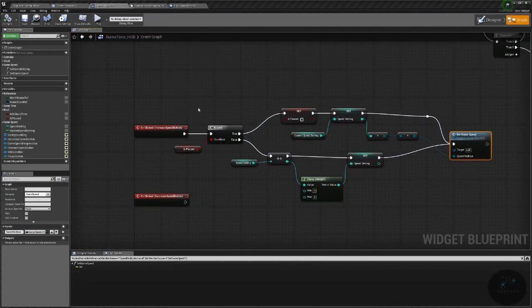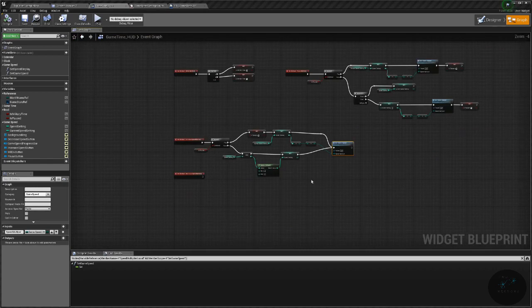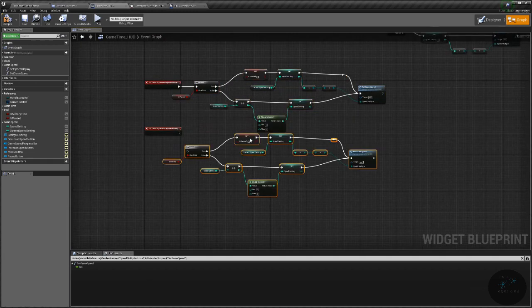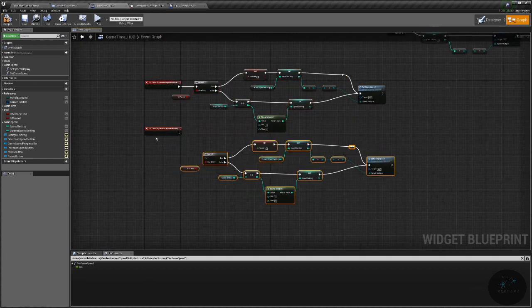So for our decrease, what we're going to do is we're literally going to copy everything here. We're going to paste it down here. Ooh. I didn't copy all of it. I didn't copy at all. Sorry about that. So Control C for copy, or Control W if you just want to do it the quick way. I'm just going to drag this down here, plug that into my branch, and I'm going to delete this,